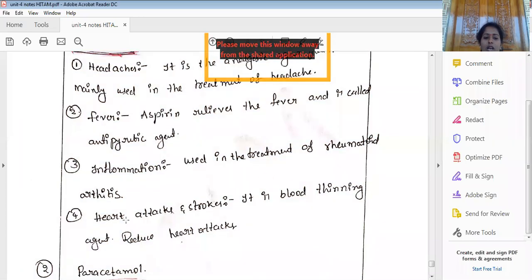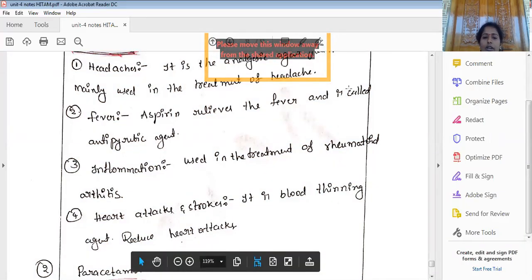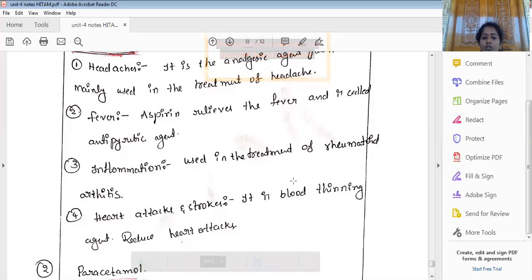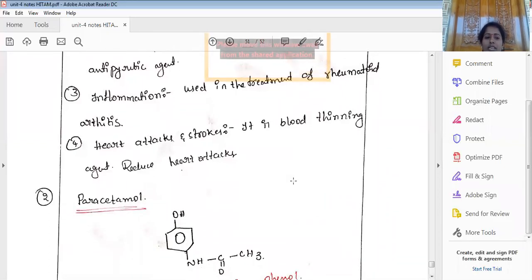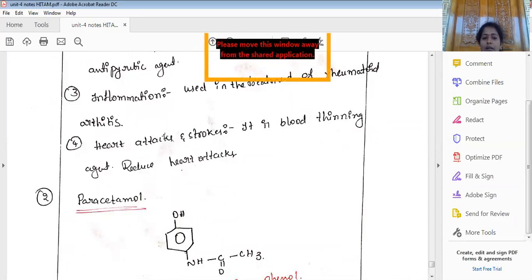And the next is about heart attack and strokes. It is an important reagent for blood thinning. It is used to reduce the viscosity of blood so that blood pumping becomes very easy. Patients who are suffering from high cholesterol and low pumping of blood, heart patients, in that case we can apply aspirin, which reduces the thickness of blood so that pumping of blood becomes easy and relieves that person from heart attacks. So this is about what